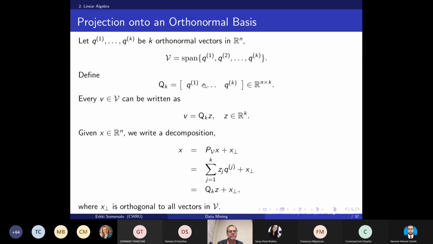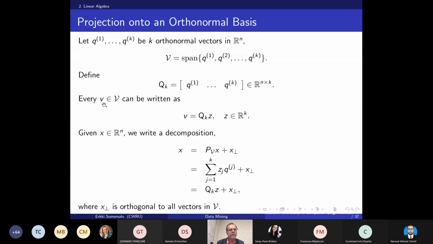Okay, so we were looking at the projection to one single vector, but often you don't have that luxury that you have a one-dimensional space that you're projecting on. So suppose you have a collection of orthonormal vectors Q1 to Qk, and then we look at the subspace spanned by those vectors from Q1 to Qk. Now, when we are talking about the projections, I'm arranging these vectors Q as columns of a matrix Qk. So this is a matrix n by k. So now the orthonormal vectors are columns of this Qk.